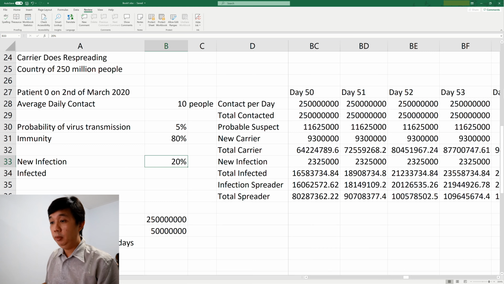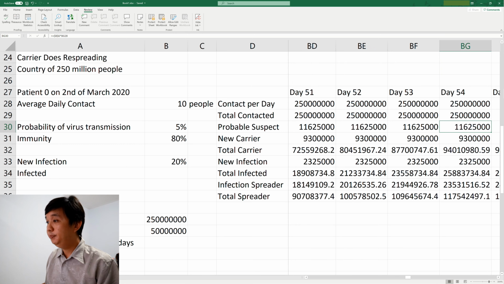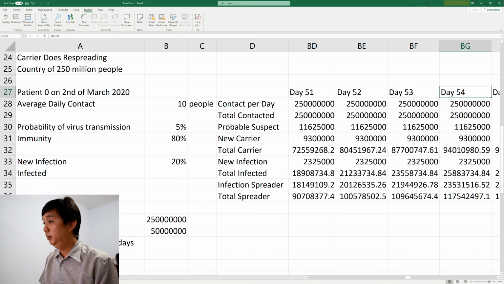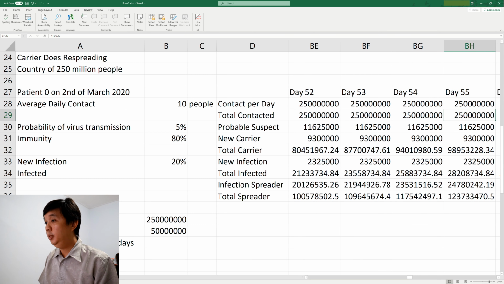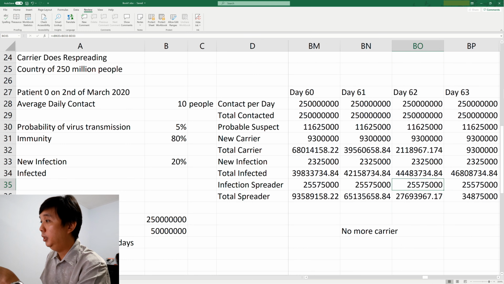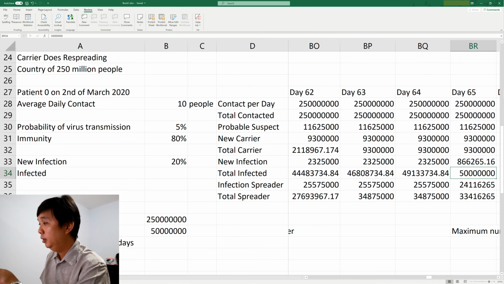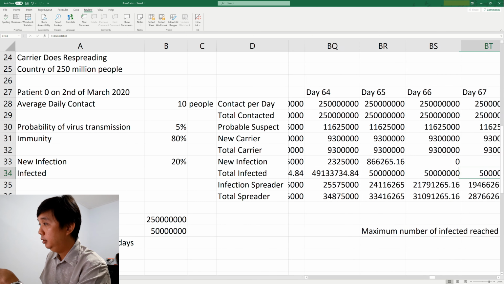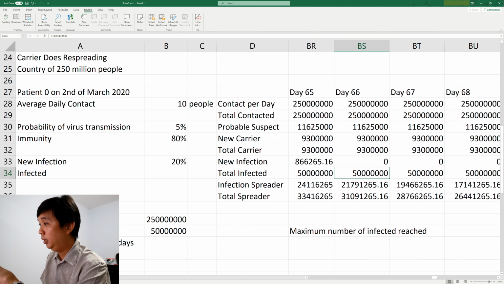And the total infectable people is 50 million, with the assumption that 20% of the population have herd immunity against corona. I think 50 million will be a reasonable estimate. So at 50 million people, we have reached the 250 million population limit, and we'll reach 50 million infection in like 65 days. On day 65 we'll get 50 million infection,